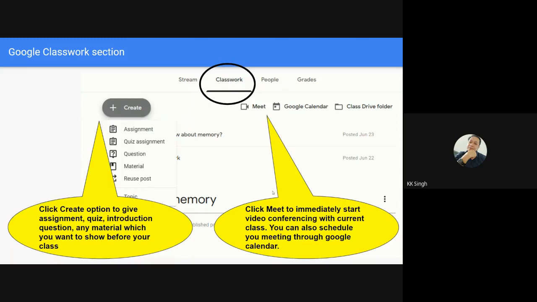So click Meet to immediately start video conferencing with the current class. You can also schedule your meeting through Google Calendar. So Google Calendar and Meet, both options are available. But this Meet link is not available with the general classroom. This Meet option is available with G Suite only.